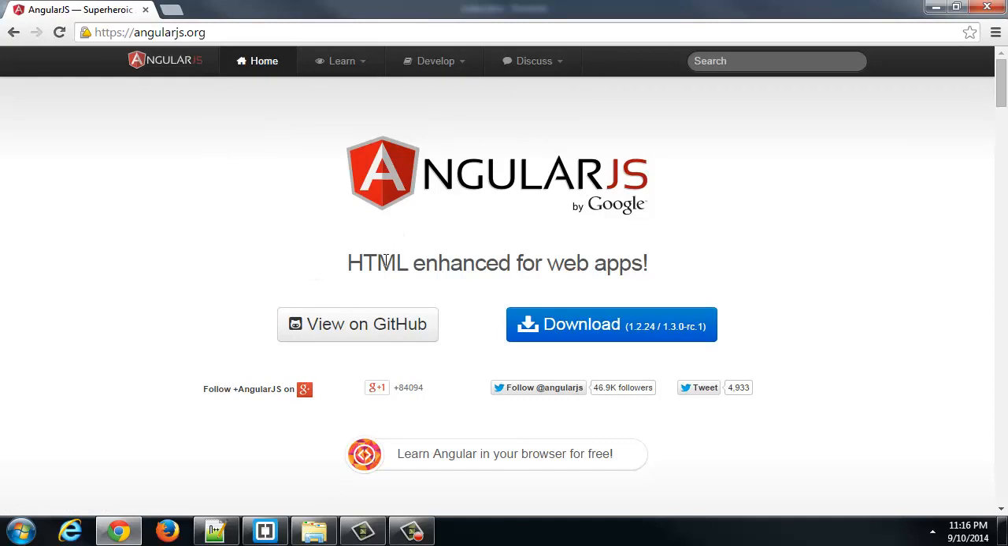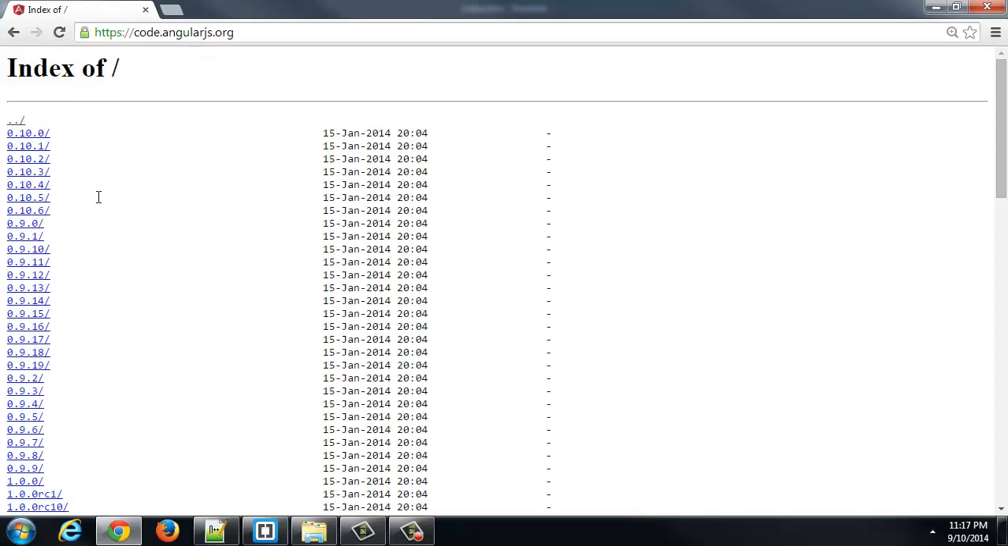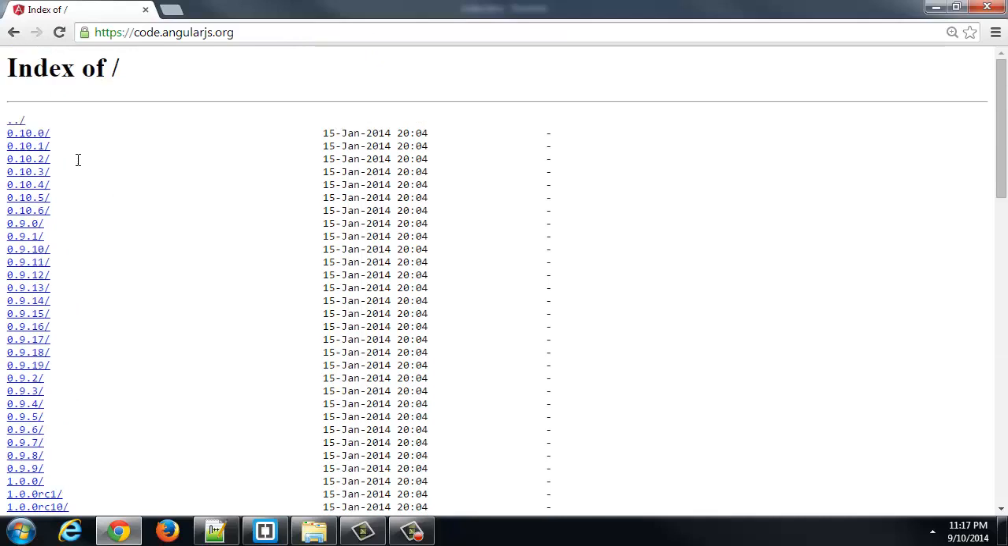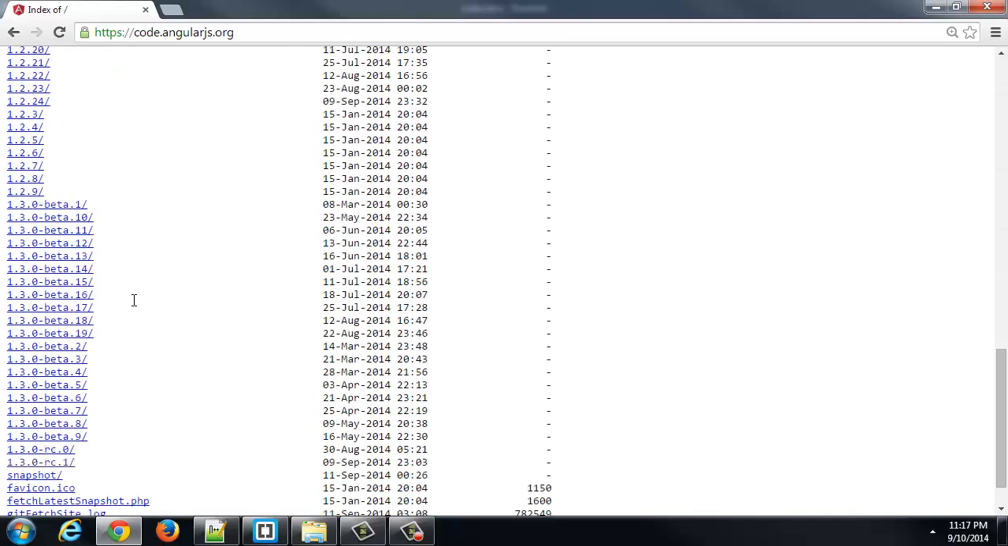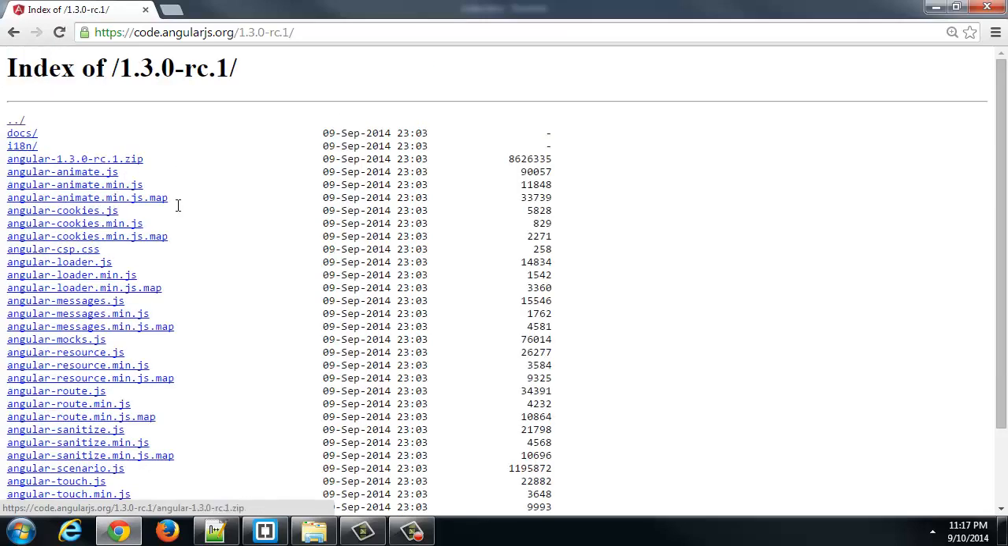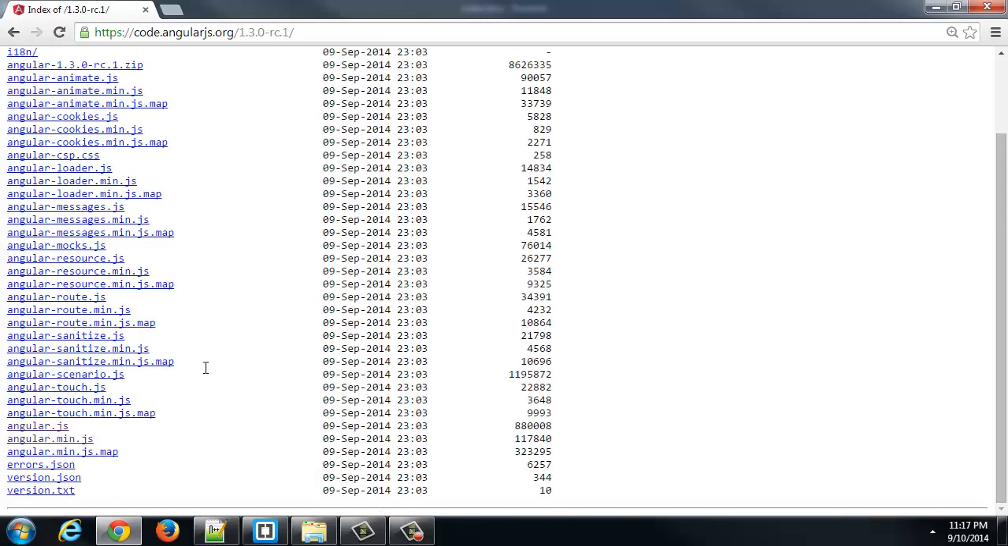You can read the documentation here, but it can actually be pretty confusing. All I want to show you here is under Develop, Download. You can then go to this list of all the versions of Angular that have ever existed, at least what they have stored here, since 0.1. We're going to go all the way to the bottom to the release candidate for 1.3. I go in there and there are lots of files. We're going to ignore most of these for now. We'll come back a bit later. But here is